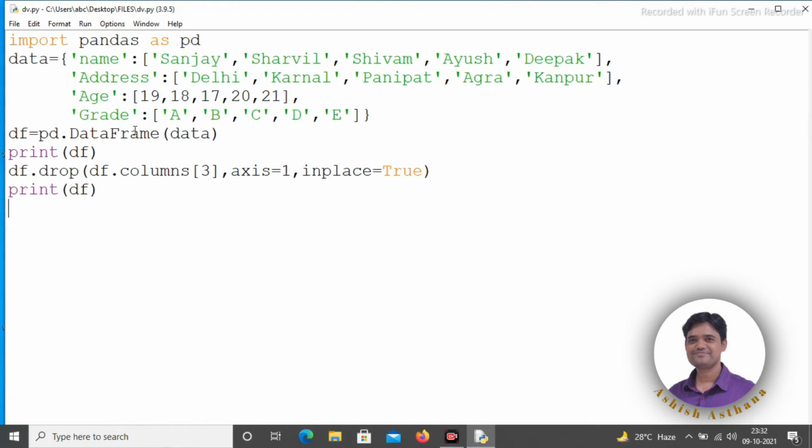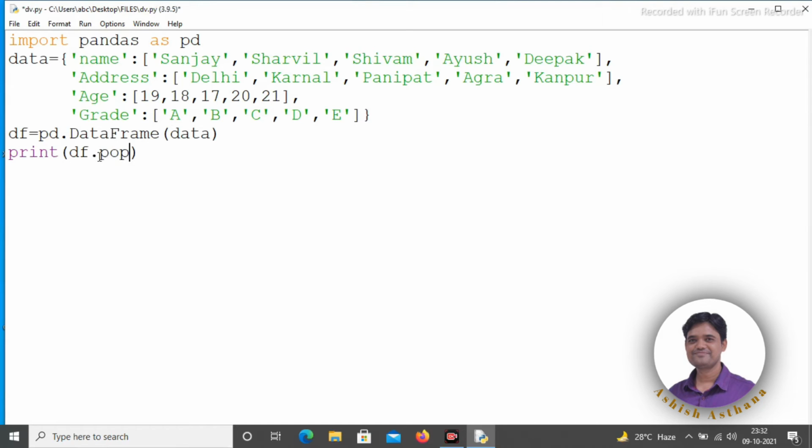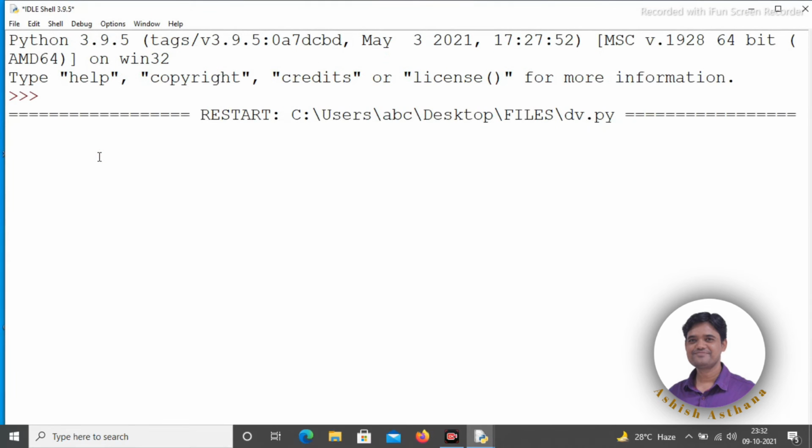Or you can drop a column by using the pop method. So it will delete the column. For example, use df.pop. The column name is age. So the pop function deletes your column and returns its value,